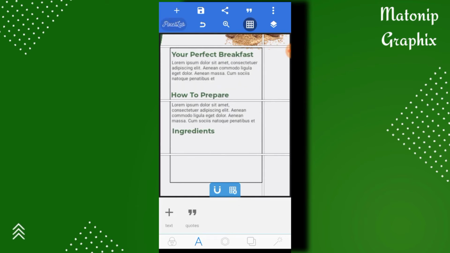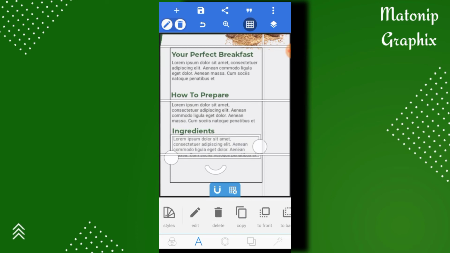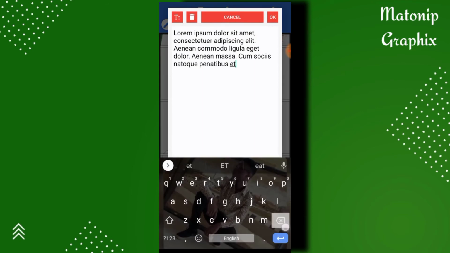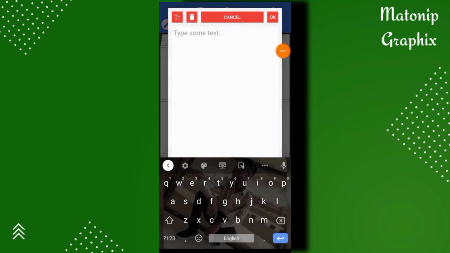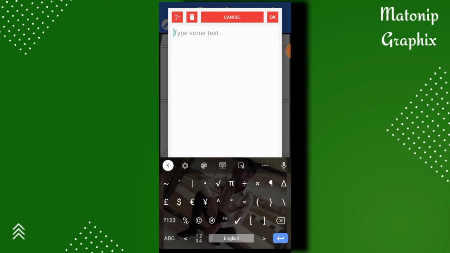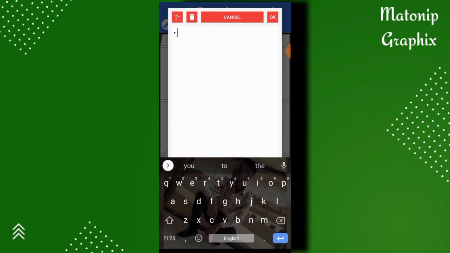Okay, just an example actually, so we don't have to use a real text here. So let's copy this again and bring it down here. So now we'll just put some listing of ingredients, edit. So in your text you can just find this here. Look at my keyboard, you can just find this dot here, you put whatever you want to. Okay, so then you click on OK when you are done,